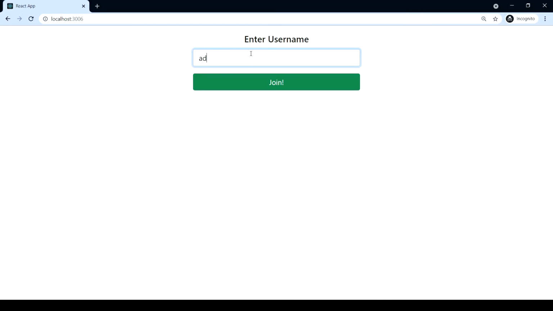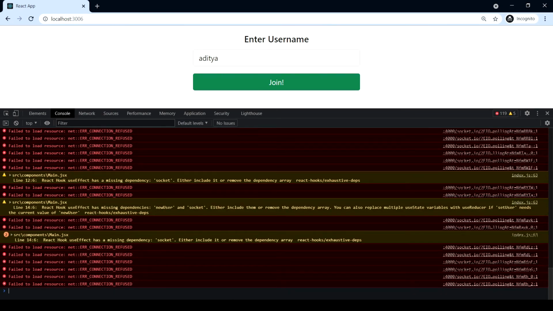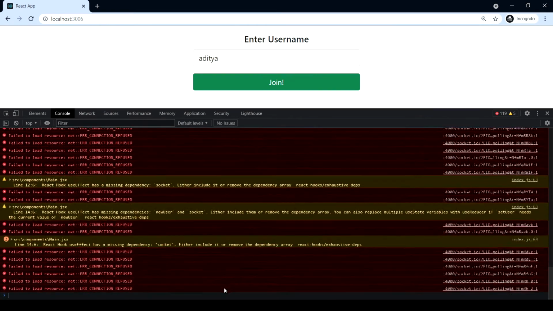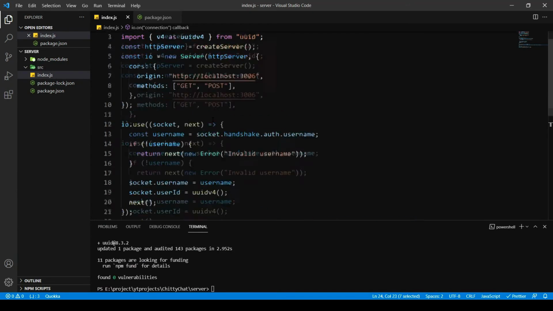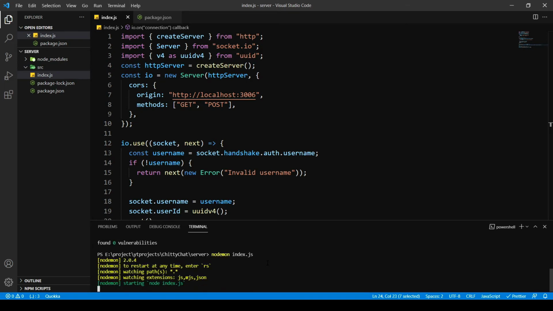I'm going to type in Aditya. It's not letting me join for some reason. Let's see what's the problem. Oh, it's refusing the connection for some reason. Oh, I haven't done the server. My bad. The start. Oh no, sorry. It's nodemon. Nodemon x.js. Let's run the server